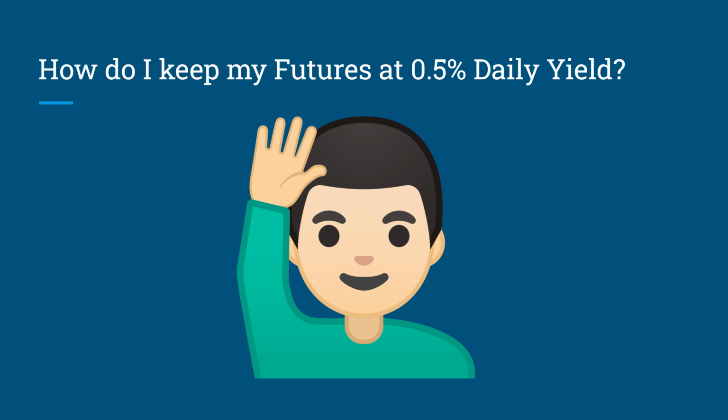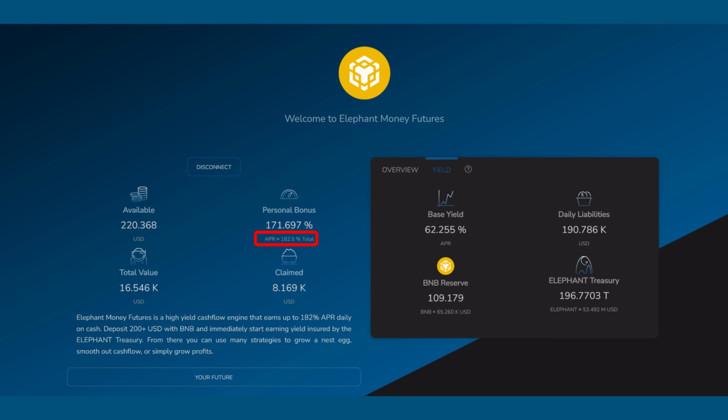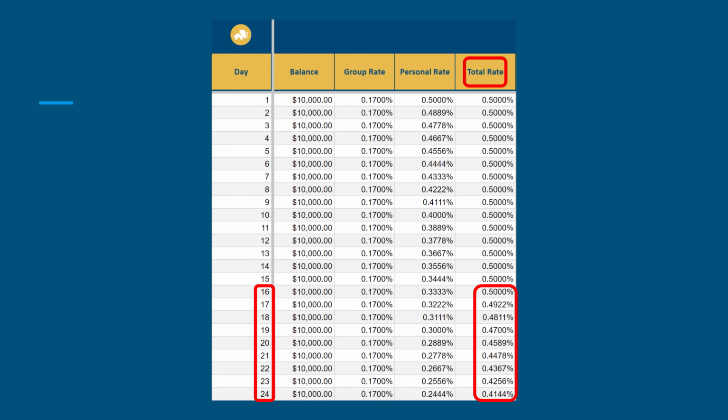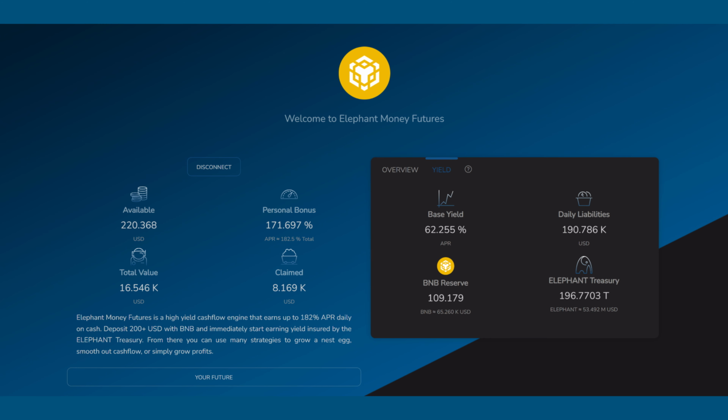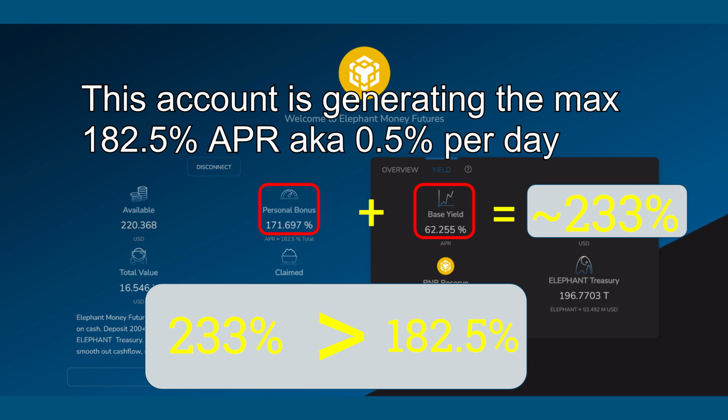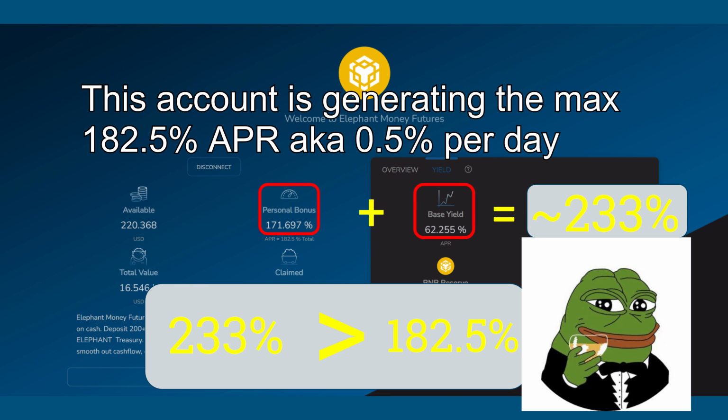any given futures account. All brand new futures accounts start with a 0.5% daily yield percentage. As time progresses, depending on the behavior of the futures user, the daily yield can drop below 0.5%, but never rise above it. To calculate the yield for any futures account, add the personal bonus and the base yield together. If the sum of the percentages is greater than 182.5% APR, equivalent to 0.5% daily yield, the account is generating